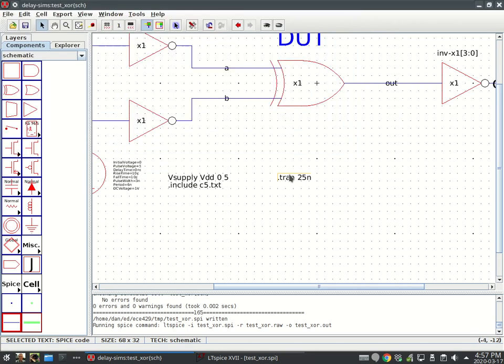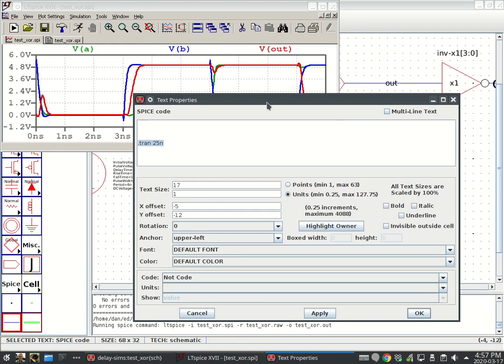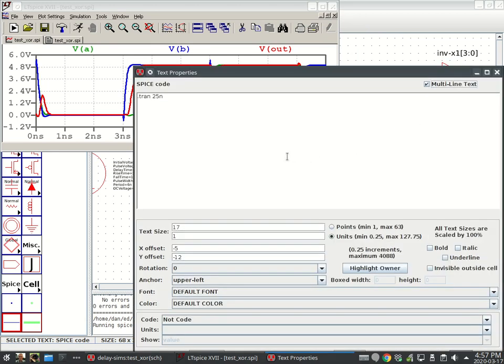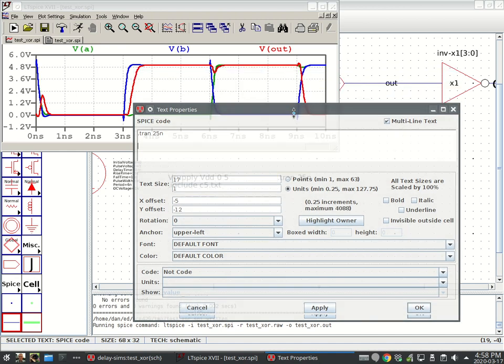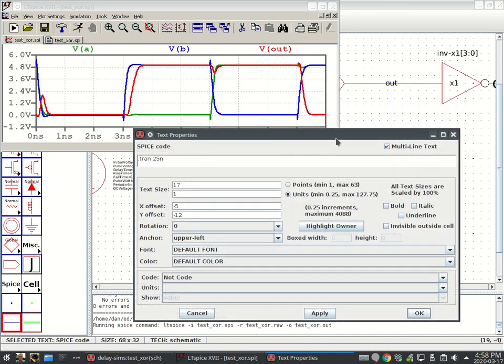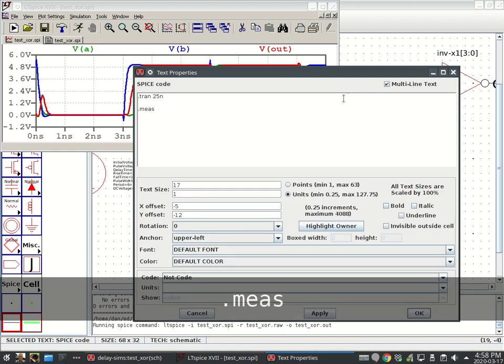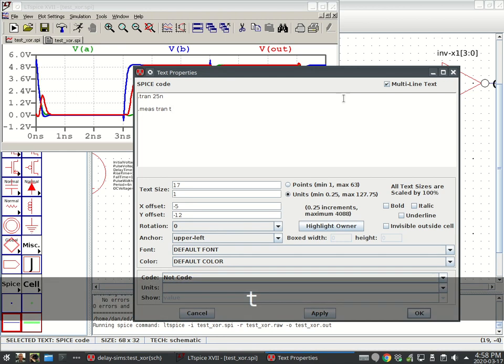Snap that up here, Control I. Can I show LTspice? Perfect. Alright, multi-line text, remember that. I'm going to do a measure command. Here we go. I'll talk about it as I do it. Dot measure. Transient simulation, because we can do many sorts of simulations. The name of my variable, I'm going to call this TPH,